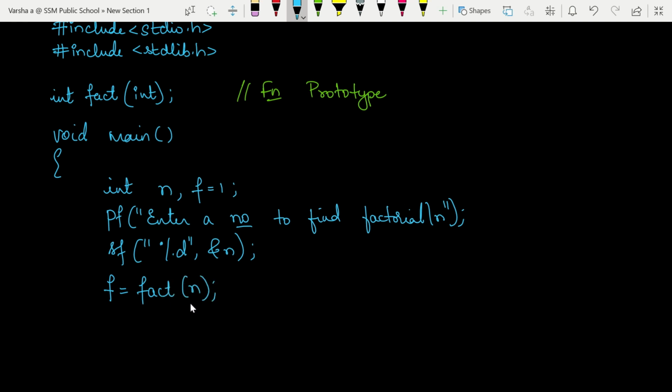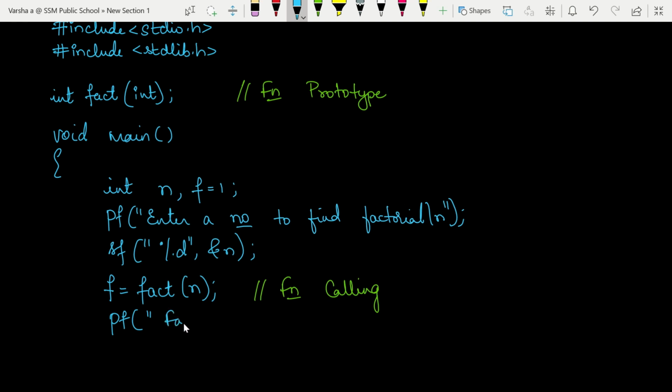So this is our function call. This is the point in the program where I need to find the factorial. So I have just called the fact function. I have passed the input value as n, and it is supposed to give the factorial of n, and that I am storing in the variable f. So this is function calling, or we are placing a call to the function. Now after this instruction is executed, the function returns the factorial of the given number, and that answer is stored in f. Now let's print that.